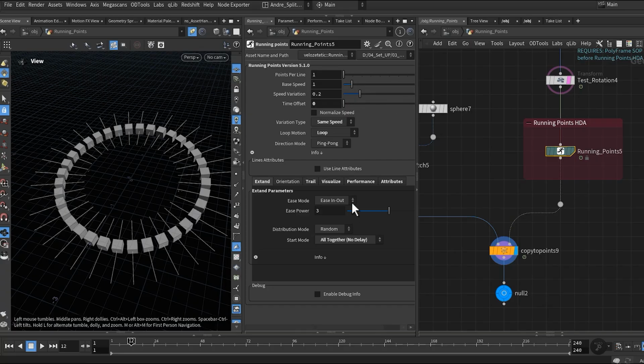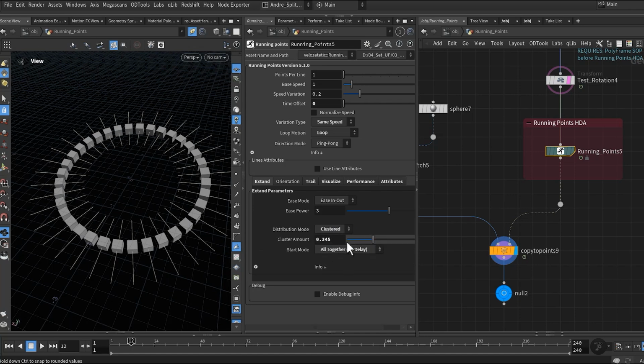And cluster, where points group near the center, and you can adjust how tightly they cluster using the cluster amount parameter.